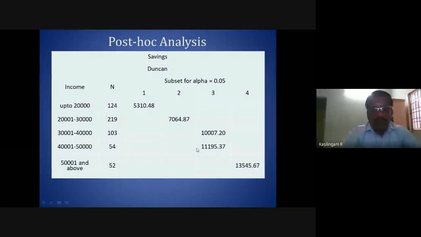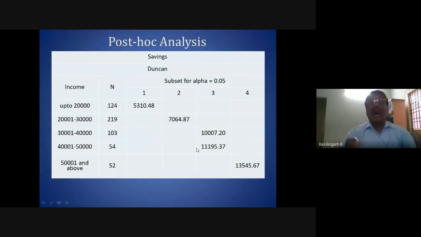Now here, 5,310. What is this 5,310? This is the average, because we have 124 people and each person has some savings, but it is giving one figure, 5,310, which means the average.